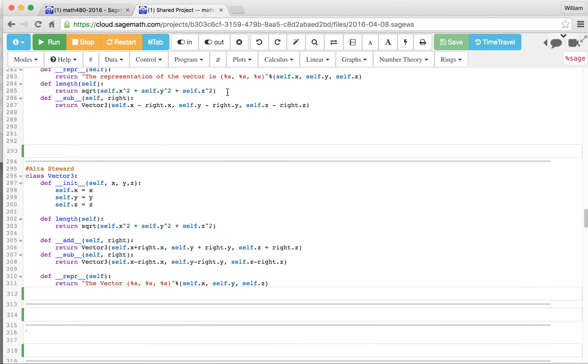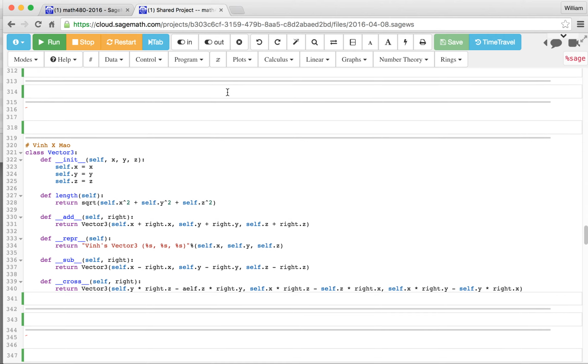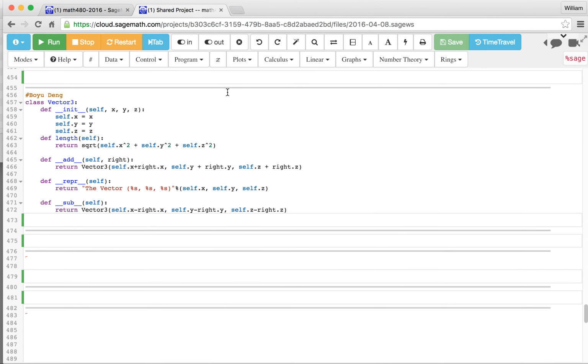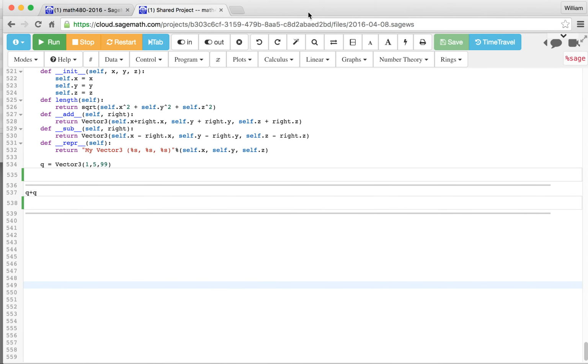Python week is finished. Woo! Cool. Wow, there's tons and tons of solutions in the shared worksheet. That's really cool. No more Python. On to